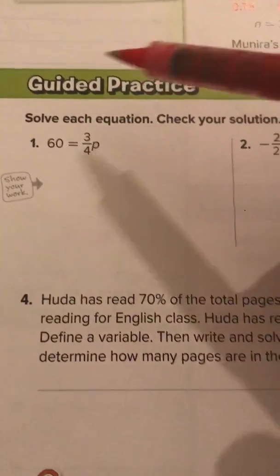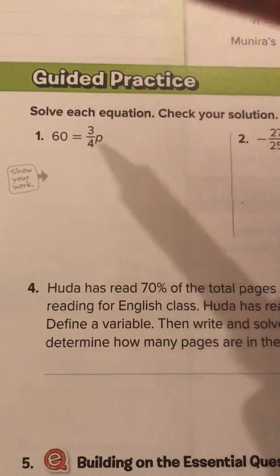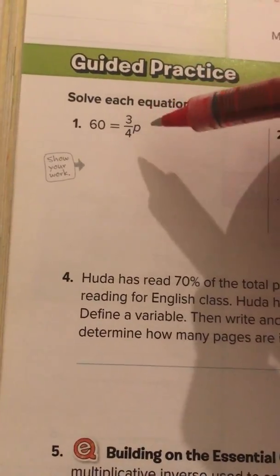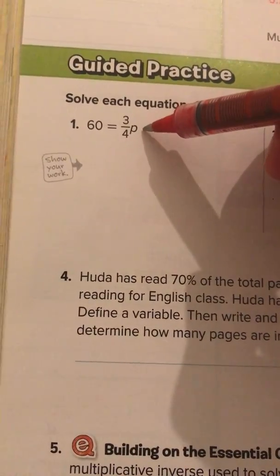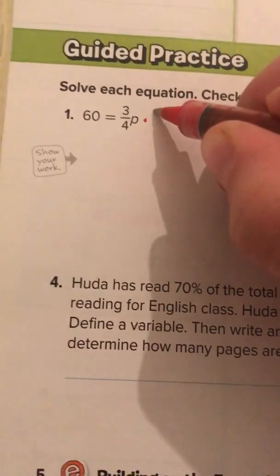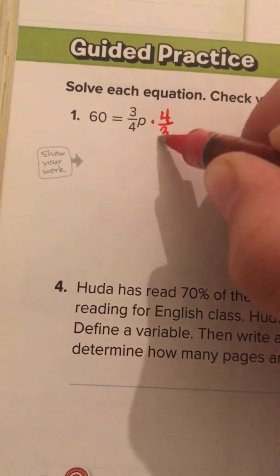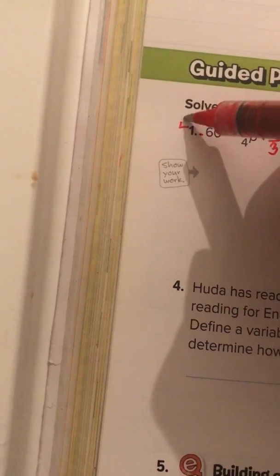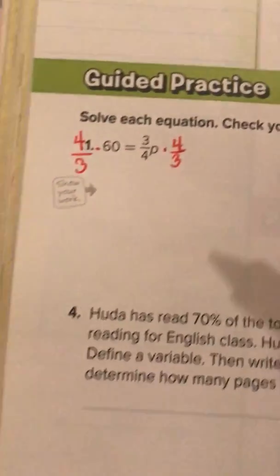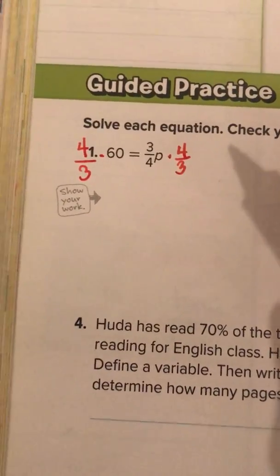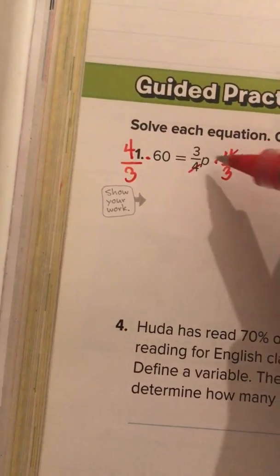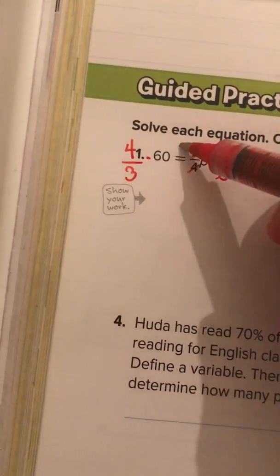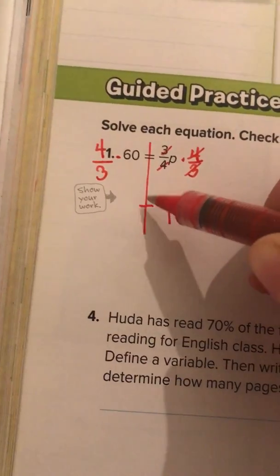114, we have 60 equals 3 over 4p. When you have a fraction that's being multiplied, remember you're going to multiply by the reciprocal. So we're going to flip it, and instead of 3 over 4, we're multiplying by 4 over 3 here. And whatever you do on one side, you also have to do the same thing on the other side. So what's going to happen is these 4's and these 3's will cancel. And we have p equals